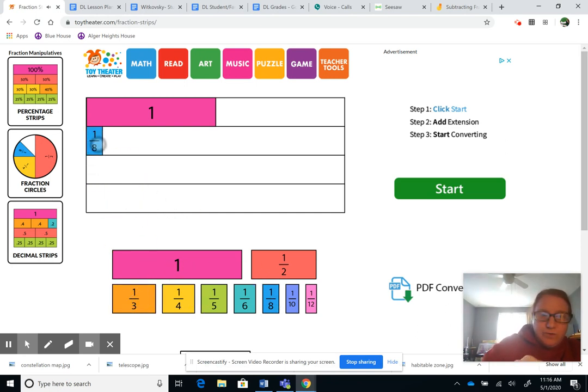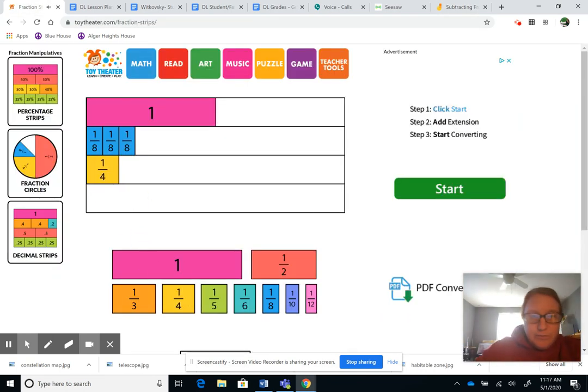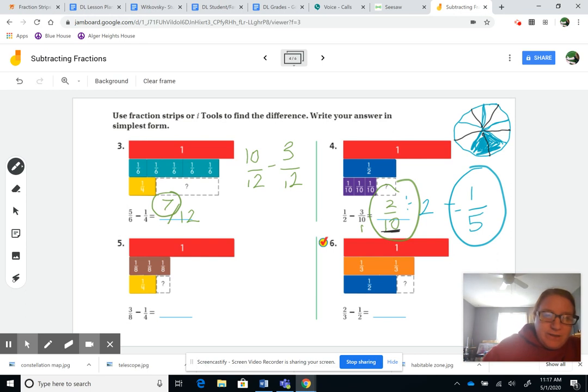3/8, 1, 2, 3. 3/8 minus 1/4. We don't have a lot of space left, and right off the bat, I can see which one it's going to be. What amount is left over there? It's 1/8. Okay, so 3/8 minus 1/4 is